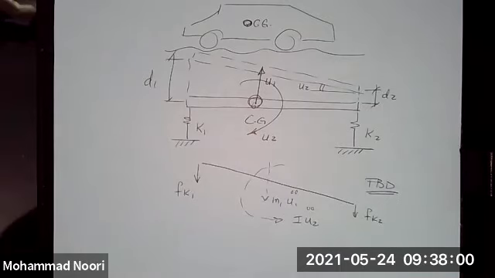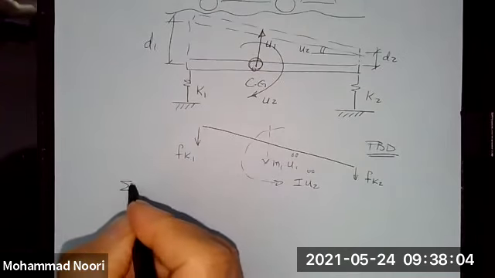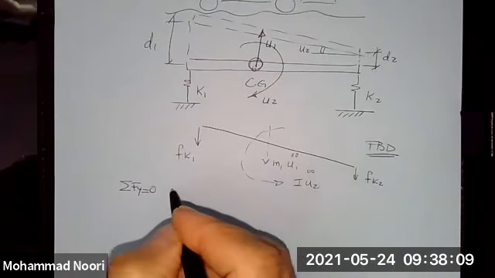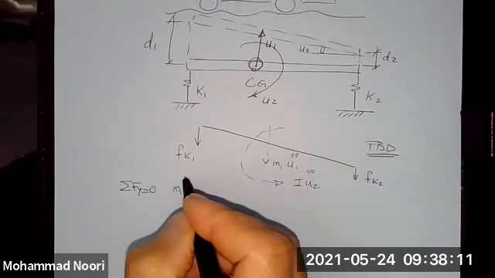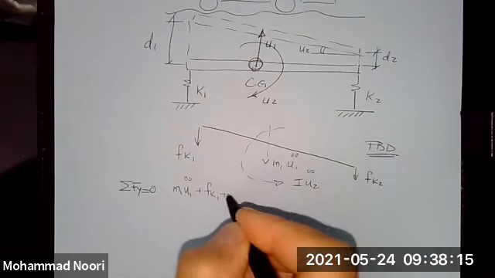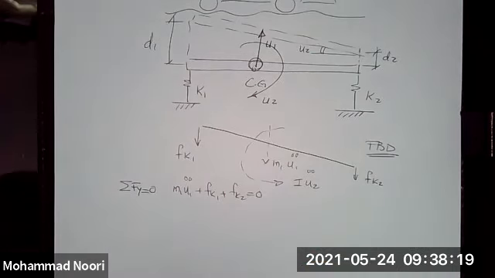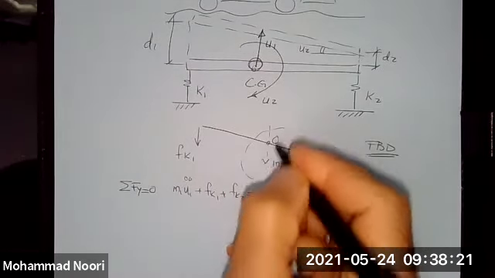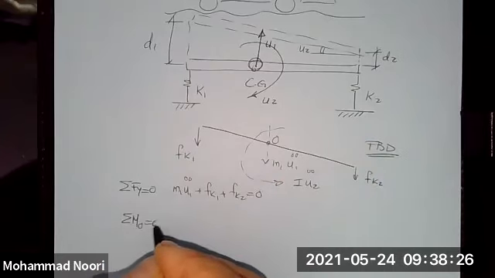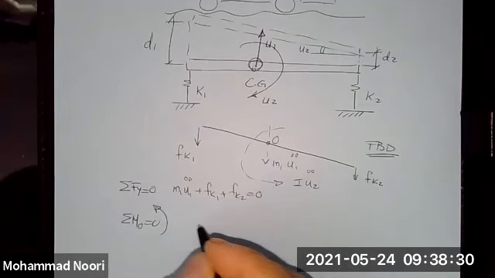So what I need to do is just set up the equilibrium equations, right? Summation of forces along y is equal to 0. What do I have here? I have m1 u1 double dot plus fk1 plus fk2 is equal to 0. Take summation of moment about the point of rotation, center of gravity. Summation of moment about O is equal to 0. Let's say in this direction. You end up with